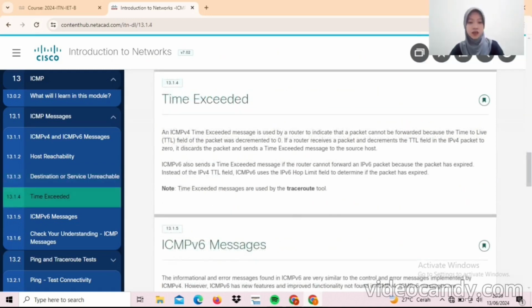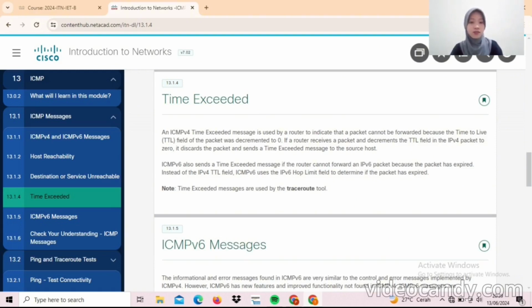Time exceeded. An ICMPv4 time exceeded message is used by a router to indicate that a packet cannot be forwarded because the Time to Live, TTL, field of the packet was decremented to 0. If a router receives a packet and decrements the TTL field in the IPv4 packet to 0, it discards the packet and sends a time exceeded message to the source host.